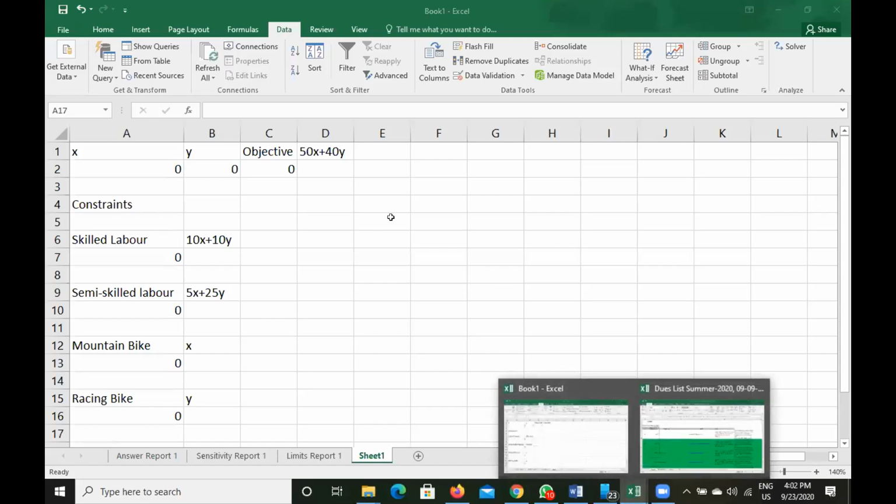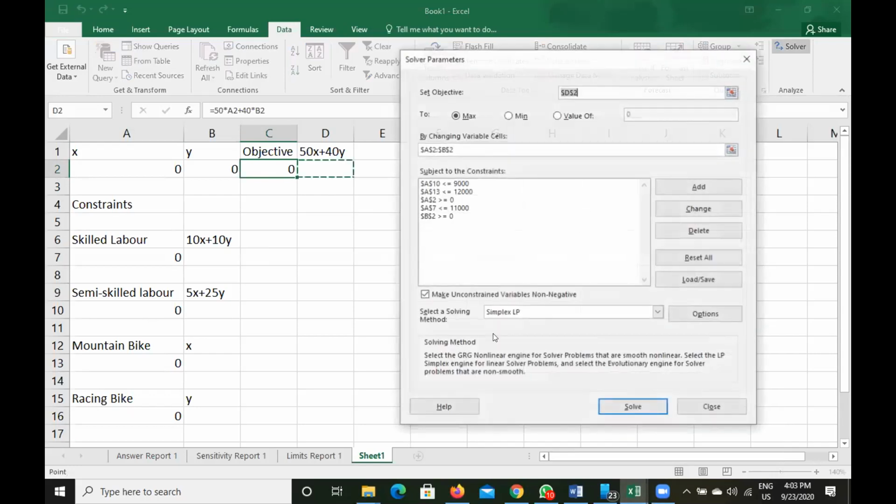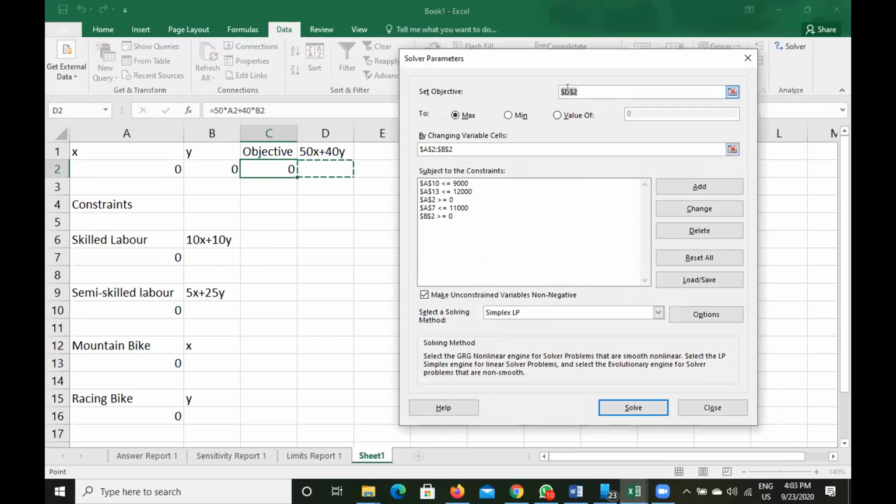Right. So this is the cell for objective. I'll click on the solver button. Solver application. After selecting this objective formula cell, we click on the solver menu. Is it selected correctly? No, because we have previous things already there. So we can correct it now. My objective formula cell should be C2, not D2 anymore. My objective formula cell is C2.